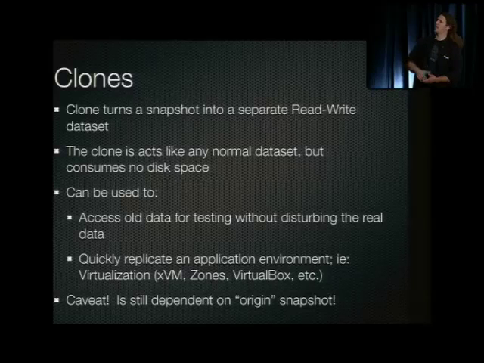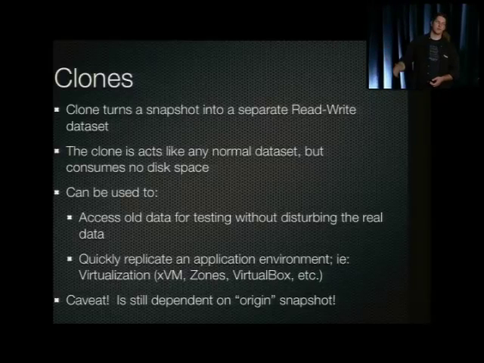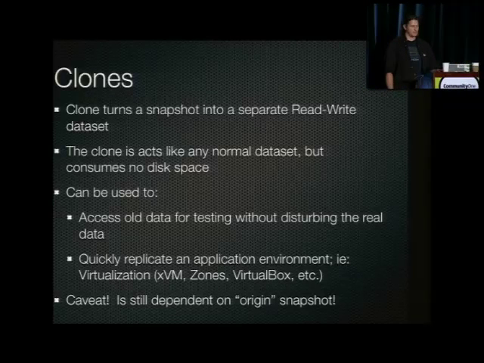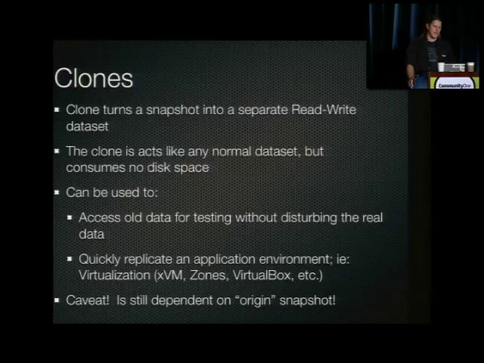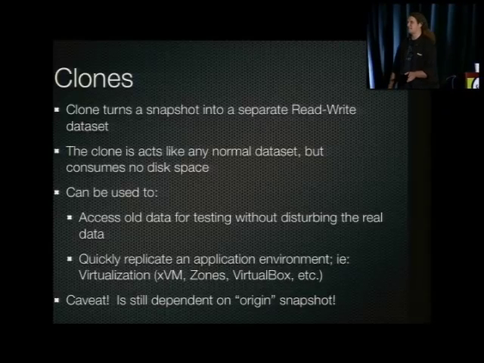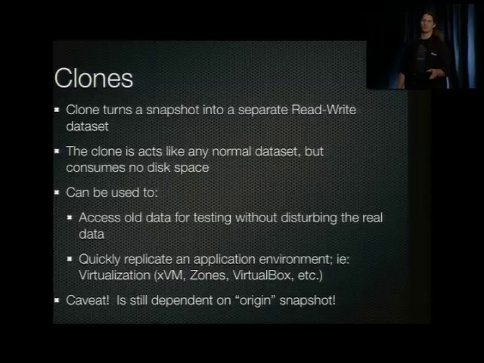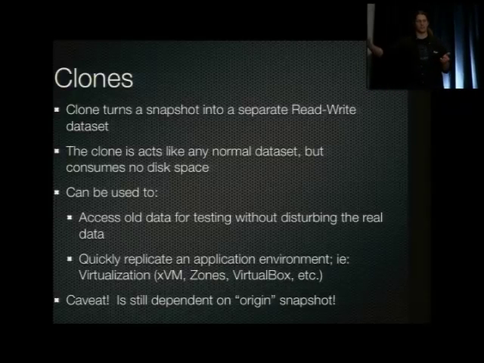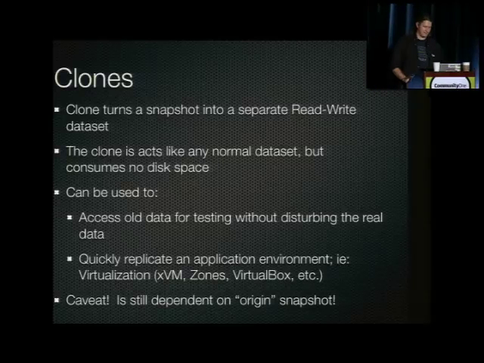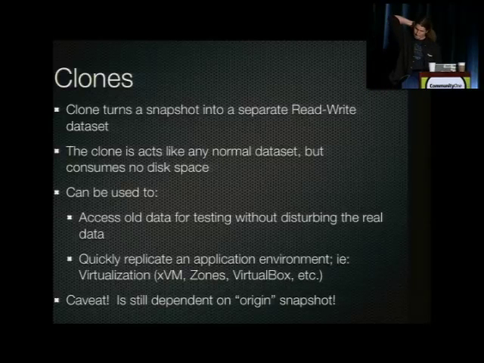We can clone any given snapshot into a separate read-write dataset. A clone acts like any normal dataset but consumes no disk space, because of copy on write. And it can be used to, say, access old data for testing without disturbing the real data, or quickly replicate any application environment. This is something we do extensively at Joyent. When we create a new virtual environment, we're actually just cloning a ZFS file system, which is why we can do it fast. So snapshots will change, and snapshots evolve, whereas a clone is